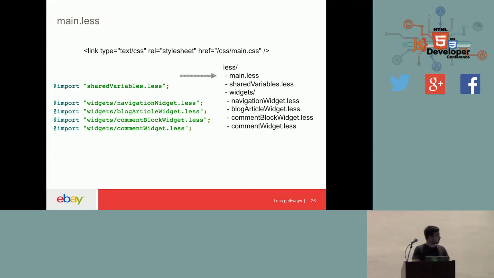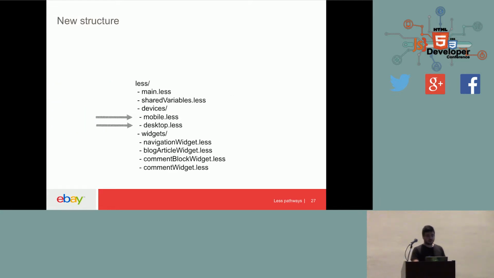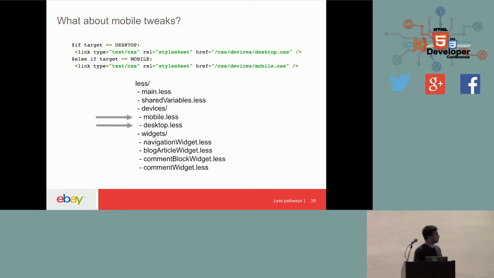So what we did here to try to maintain exactly the same code base in terms of HTML and simply provide smaller CSS mutations, instead of importing the main, we actually added two new files. We added the devices for mobile and the devices for desktop. This allows us, when doing browser detection, if your target is desktop, to invoke the compiled desktop CSS file. If the target is mobile, you include the mobile one. And this allows us to do some cool stuff, like using mixins to automatically generate CSS exclusively for that environment.